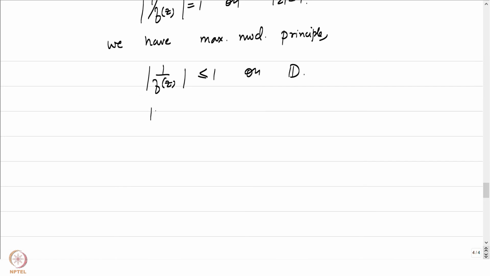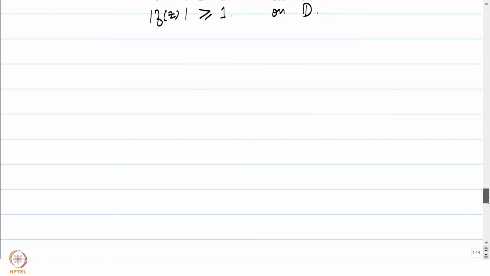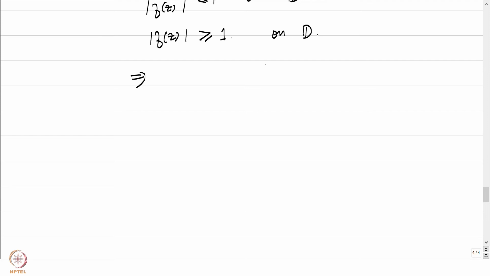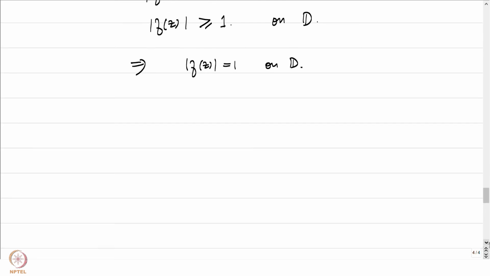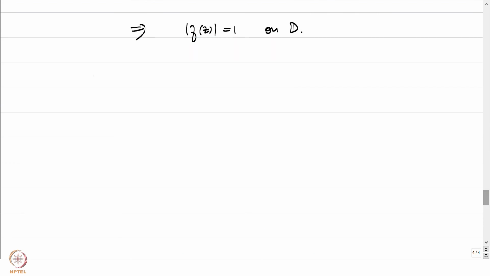But that's precisely going to manifest as demanding that absolute value of f of z is greater than or equal to 1 on D. But we already have by the maximum modulus principle that the absolute value of f of z is less than or equal to 1. And in conjunction with absolute value of f of z greater than or equal to 1, which we just concluded, we have absolute value of f of z equal to 1 on the unit disk. But is that possible? That's not possible, because if f is a non-constant holomorphic map, it's an open mapping and f of D is going to be an open set. And by open mapping theorem,